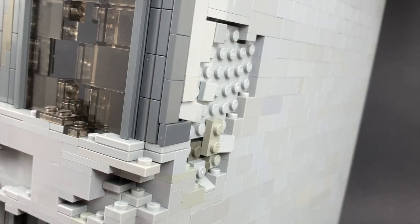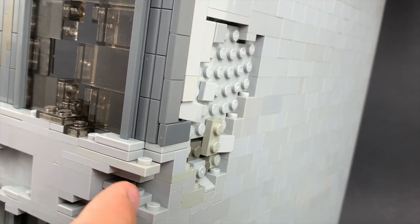Another small segment right here is just some plates that are also mixed with some slopes and tiles. This is another ruined part of the building that I think adds a little detail to the background element, or to the building that you see in the background of the picture. And very simple, very effectively done with some plates that are attached to some 1x bricks with studs on the side. And I think these just work perfectly with the other ruined elements that you see here on the left-hand